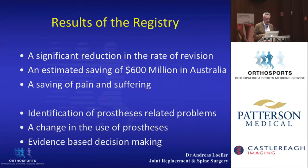And so you can see that the registry has to do a lot of work to weed out and change the use of prostheses, such as different prostheses for different ages. And we try to make an evidence-based decision. So when you next hear about the registry, it's a big project which is actually funded through industry, because on each joint replacement which goes into a patient, a certain percentage goes off to the registry